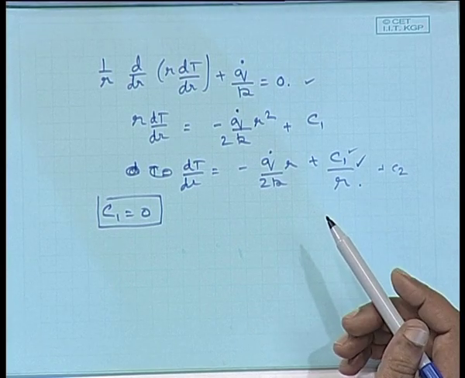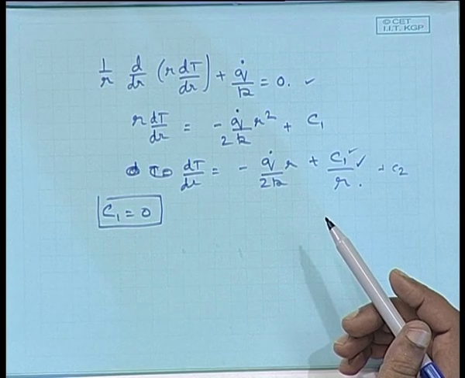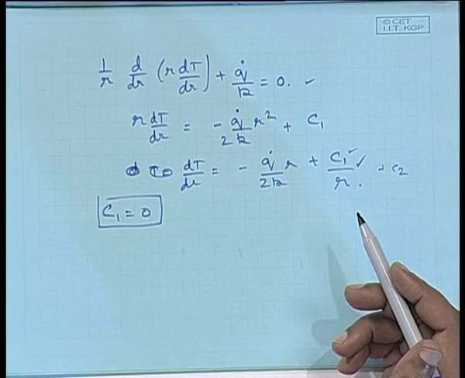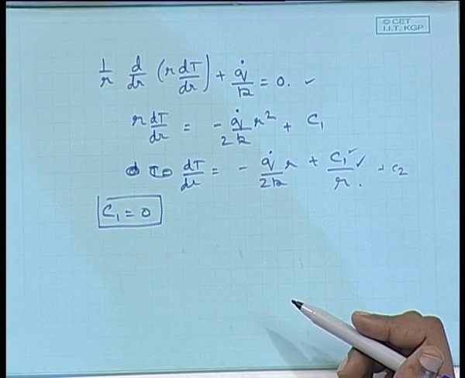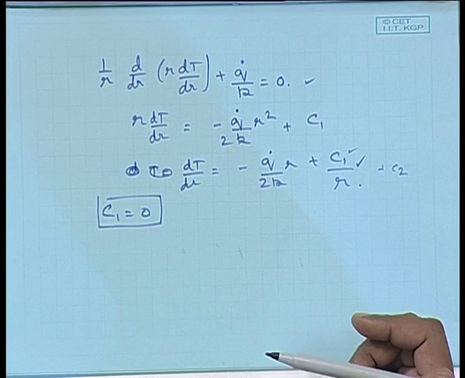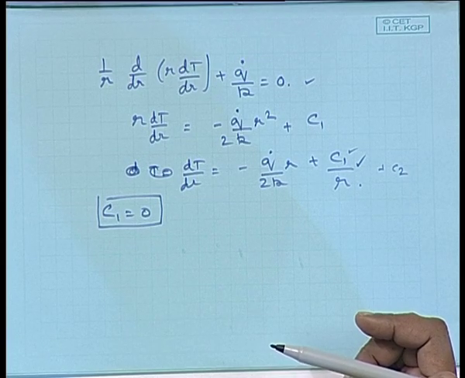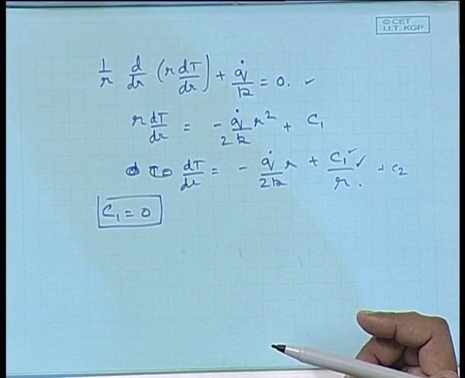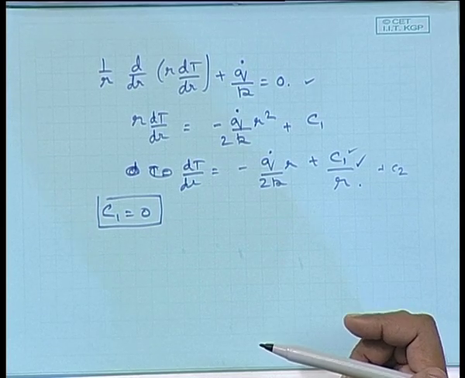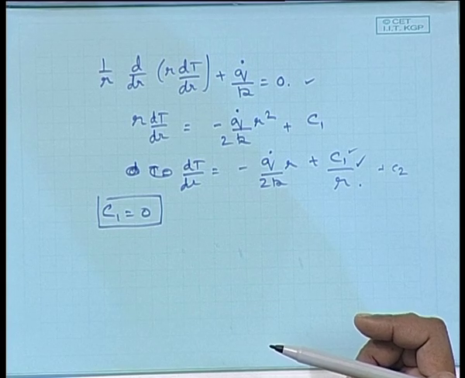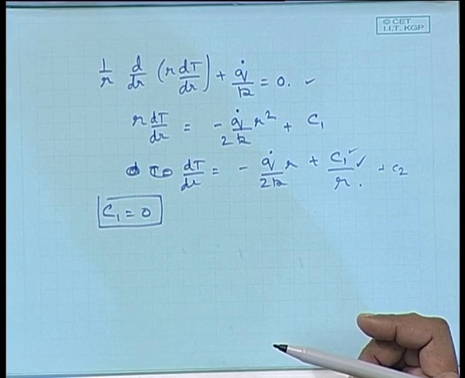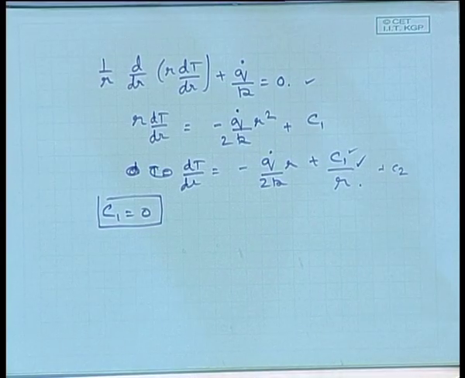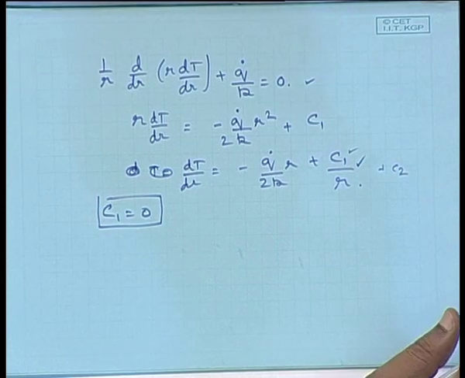That is, the surface temperature may be known to you. So, temperature T at small r equals capital R, suppose that is known to you, or the surrounding temperature and the convective heat transfer coefficient is known to you, in which case again the conductive heat should be equal to convective heat at small r equals capital R. The other condition could be that the total amount of heat generated in the system should be equal to H times T of the surface minus T infinity. So, that is the other possibility, same as before. Okay.